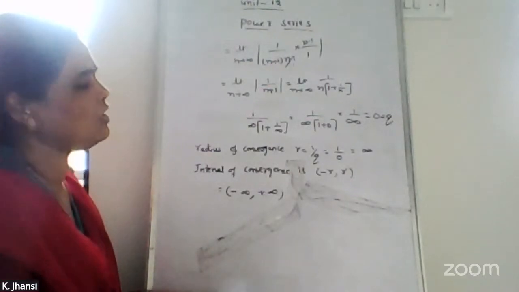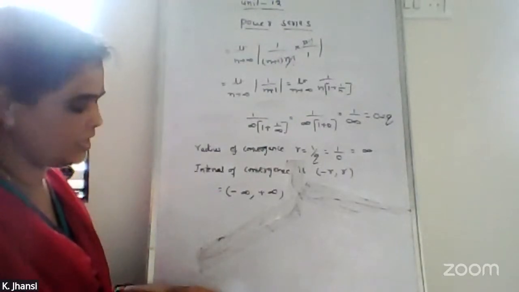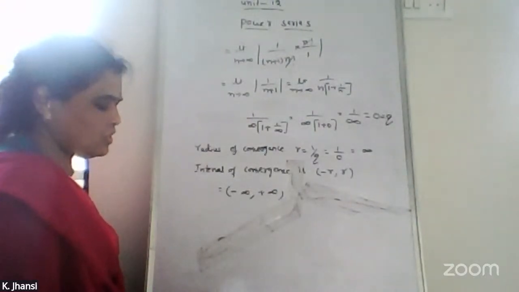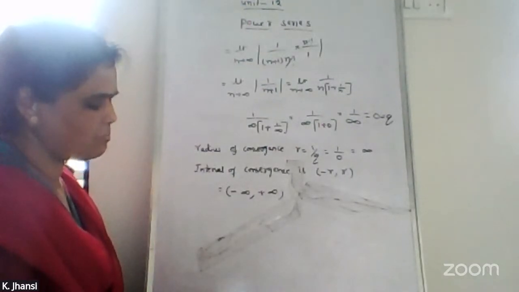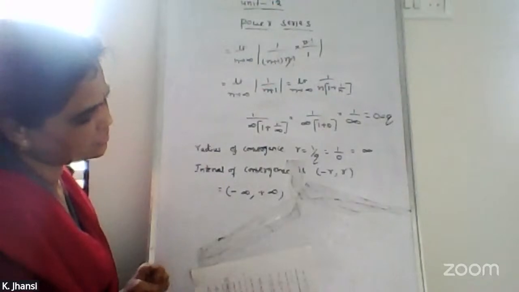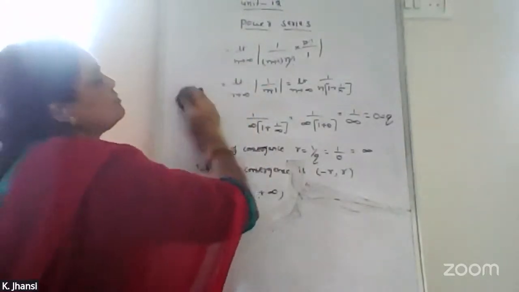So here a n value is directly given in some problem, x naught value also will be there. So we'll see one problem on that. That is determine the radius of convergence of the power series summation minus 1 to the power of n root n x minus 5 by 3 to the power of n we have. Okay. So here we need to find the radius of convergence and also interval of convergence. Okay. So the problem is